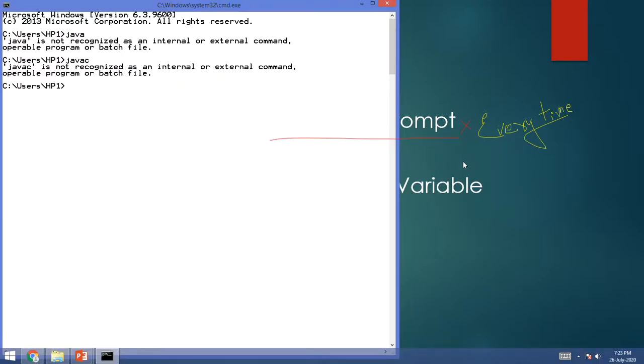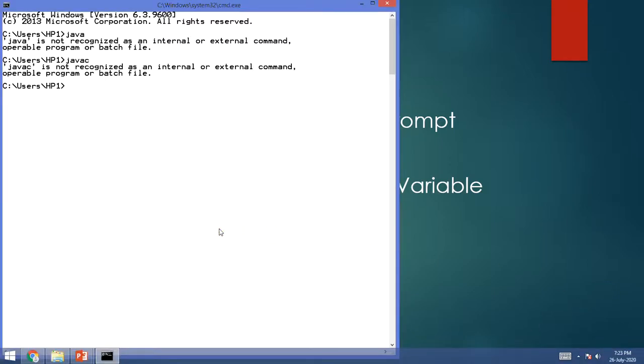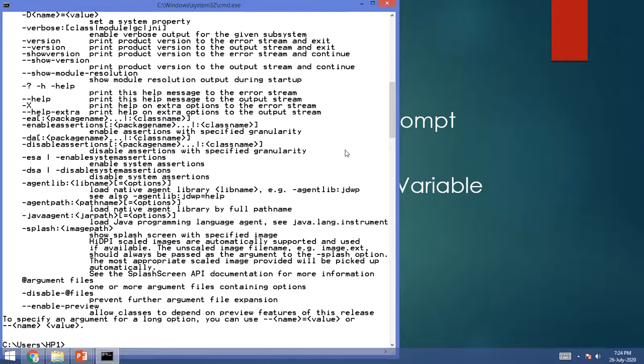If you want to do set path again, you have to follow the same thing: set space path equal to, right click, paste, semicolon, enter. Set path is done. Now if you do java, options will come. Now if you do javac, options will come.